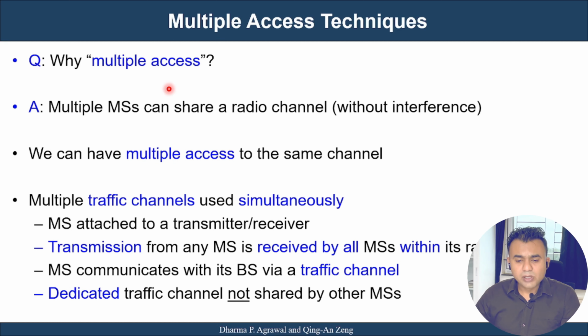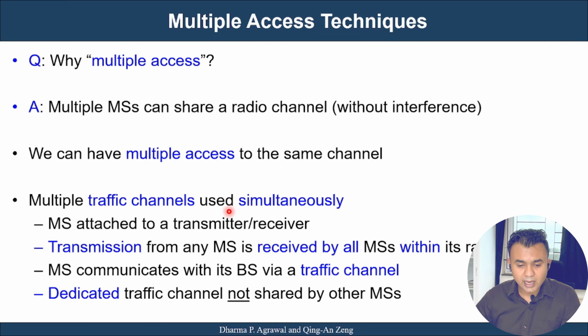The question comes, why do we need multiple access methods? The basic idea is we can have multiple mobile stations or multiple users, and they can share the same radio channel without interference. And that's why we have to design the multiple access methods. We can have multiple access to the same channel also in different time slots, that we have seen in TDD